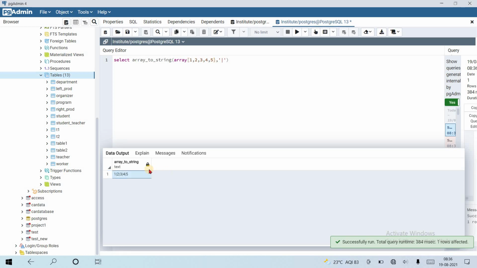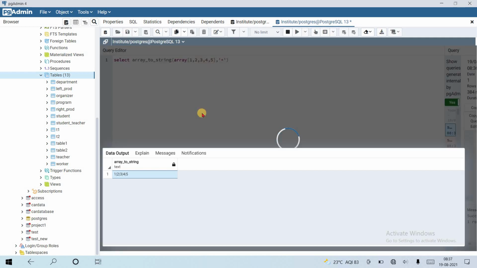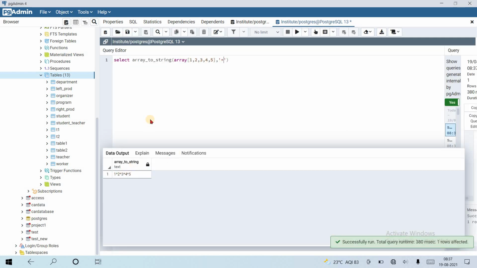So we can see that with the help of this second delimiter, the array's values are converted into a string and separated by this delimiter. In the previous function we were converting string to array, so if we passed another delimiter it was not visible. Here this is a string, so we can use any delimiter to separate the string values. We can use an asterisk here. So let's see the asterisk separating each array element, and this array is converted into a string because the type is text. That's it.